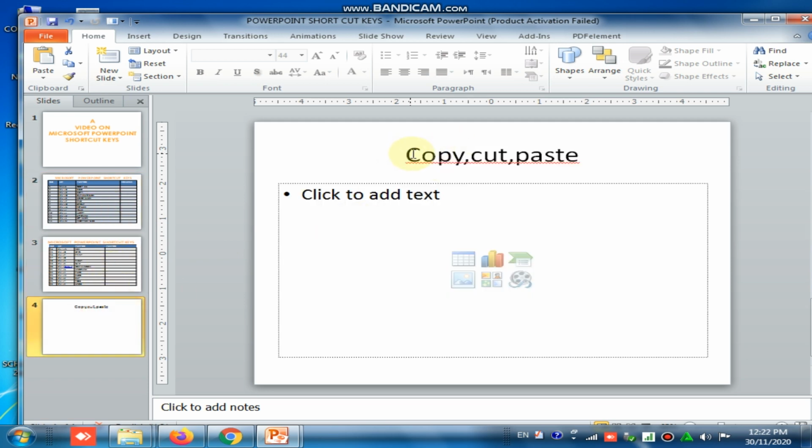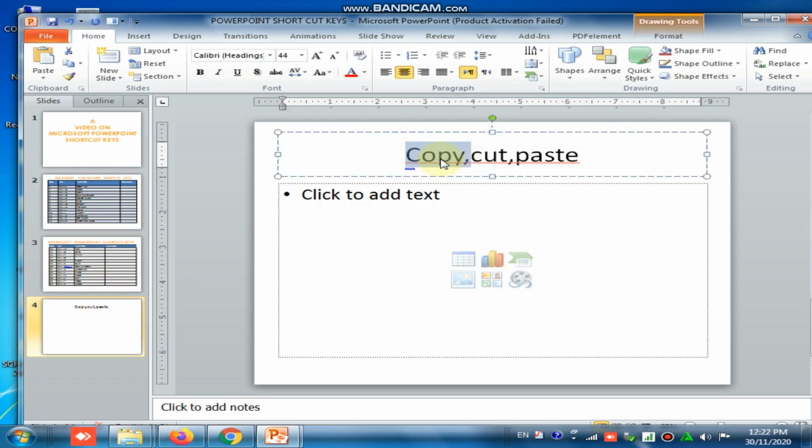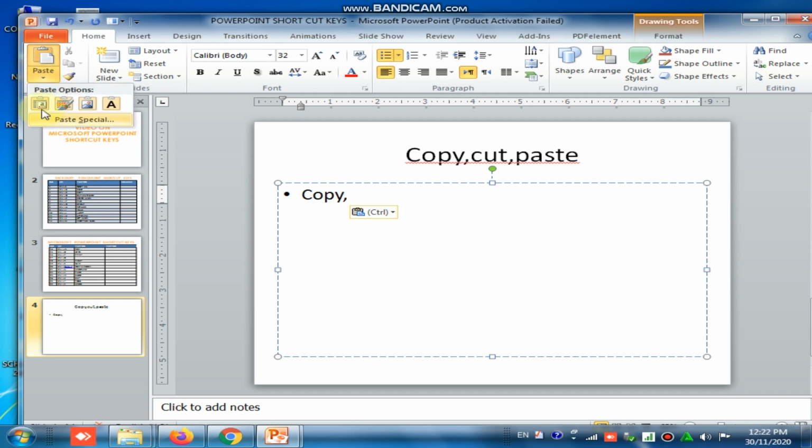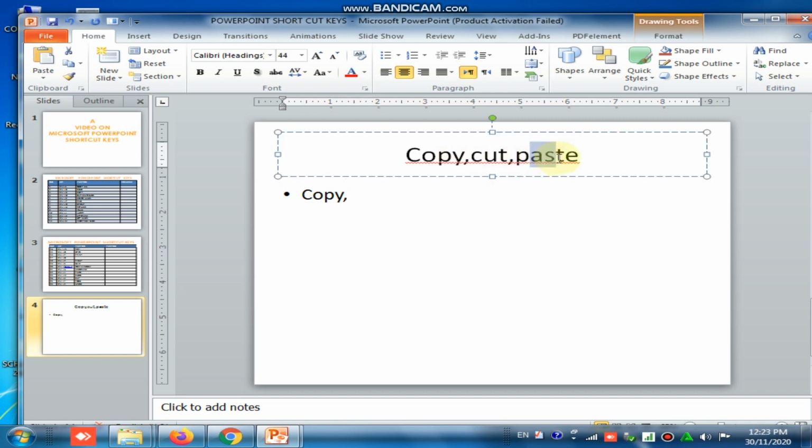If I want to copy this one, I press Control plus C, and here where you want to paste, Control plus V, or else you can use this pasting option. I want to cut only this text, Control plus X, or else you can use the scissors icon.